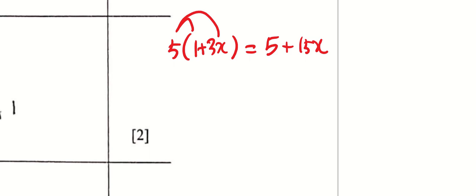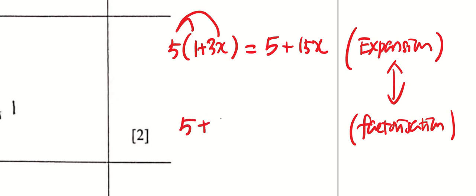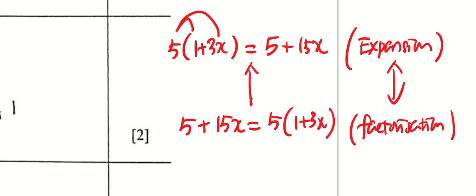Okay, now this thing is what we call expansion. It's an example of the procedure of expansion. You can see that I'm opening up brackets, I'm expanding the expression. All right, now the reverse of it is factorization. Okay, now in factorization, what do we do? Literally, we do the opposite. We are given this and we are expected to arrive at this. Okay, you can see that it's the exact opposite.